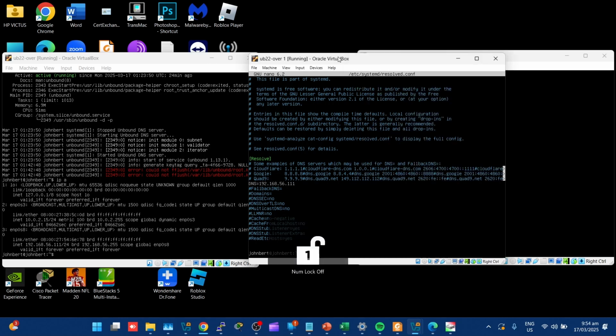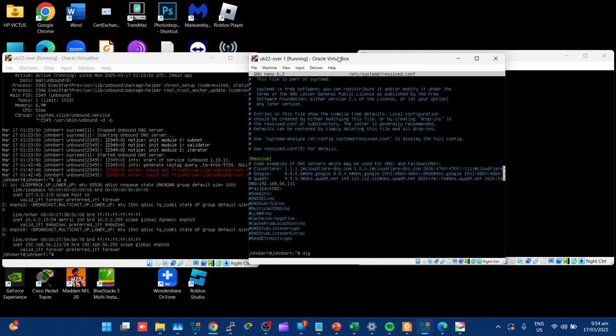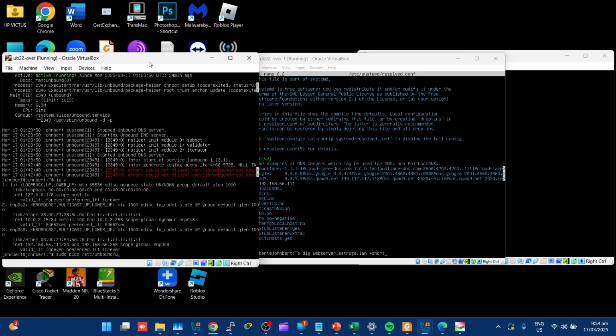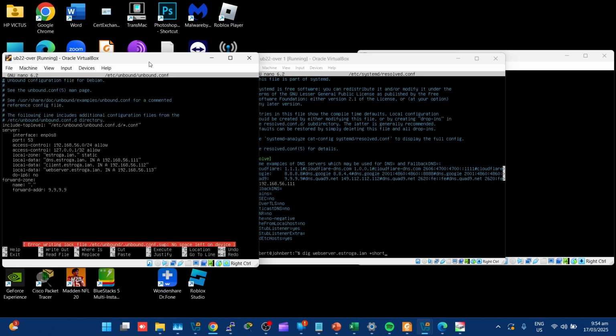Okay, so if I do dig webserver.estroga.lan +short, why did I do this? Because it is configured in my Unbound settings here on virtual machine number one. So as you can see here, there is a local data that corresponds to the webserver.estroga.lan domain,